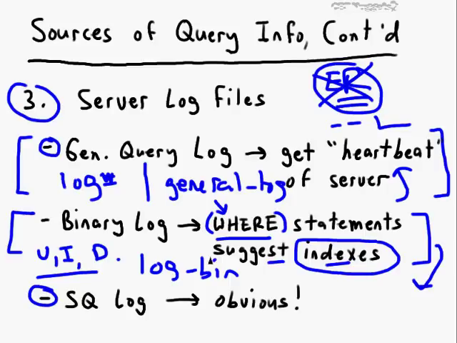The utility of the slow query log is pretty obvious. This is a log you can enable specifically to capture long-running queries. Now again, the syntax for enabling this is going to depend upon whether you're on MySQL 5 or 5.1x. For MySQL 5, the earlier one, you would put in the directive log_slow_queries. For 5.1.x, it's actually